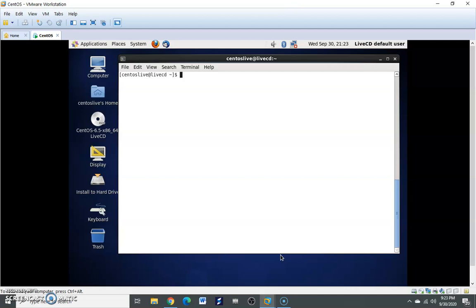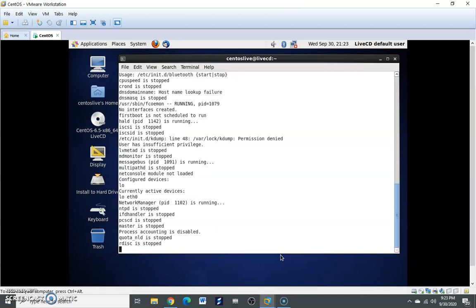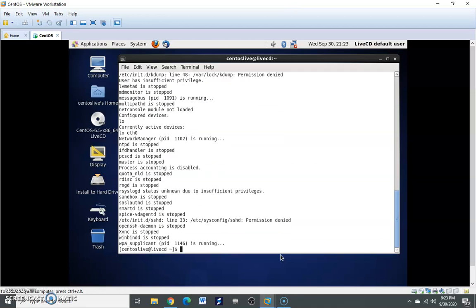For that purpose I have to use only a simple command: service --status-all. When I hit enter, it will display all the statuses, and there are a number of different services.